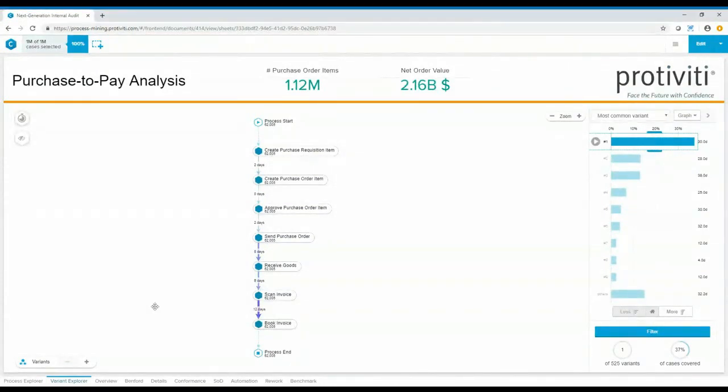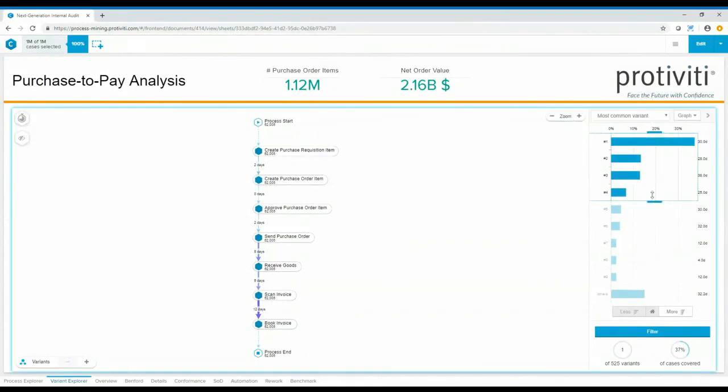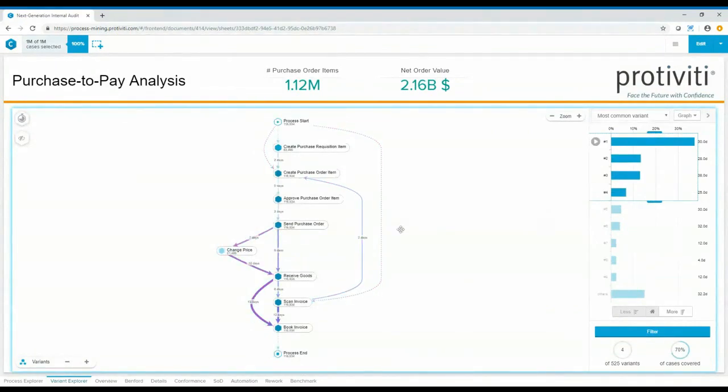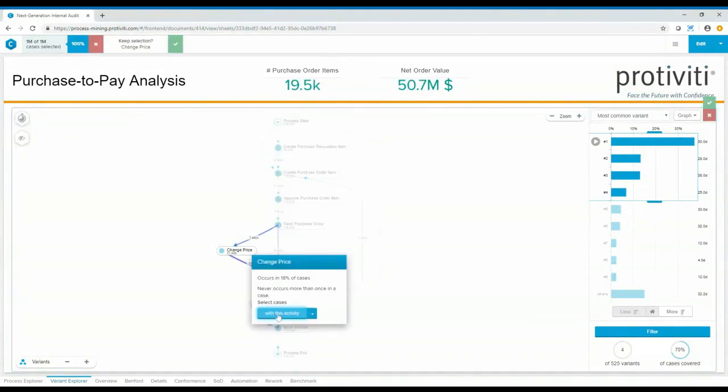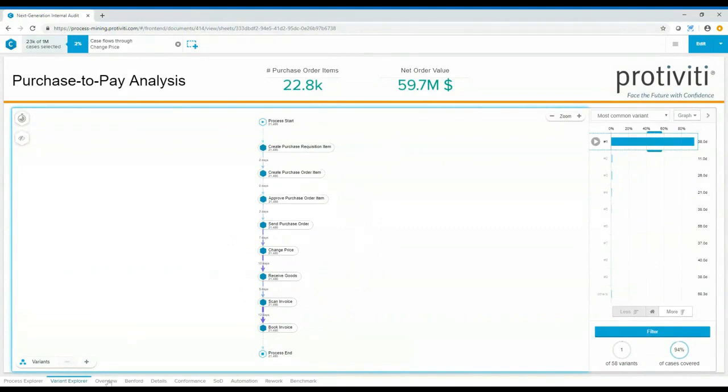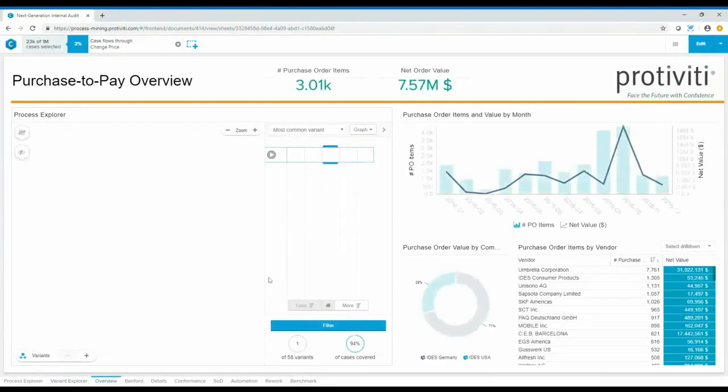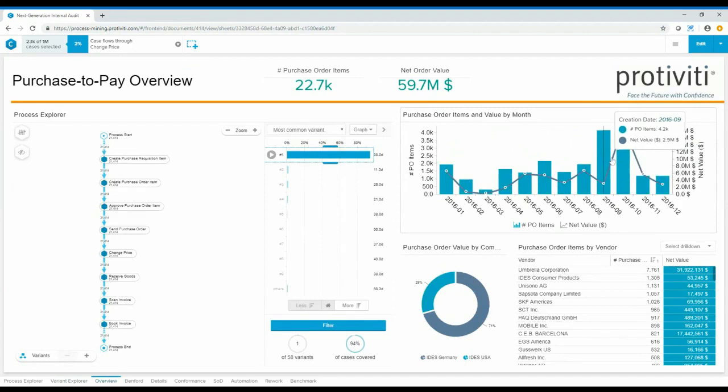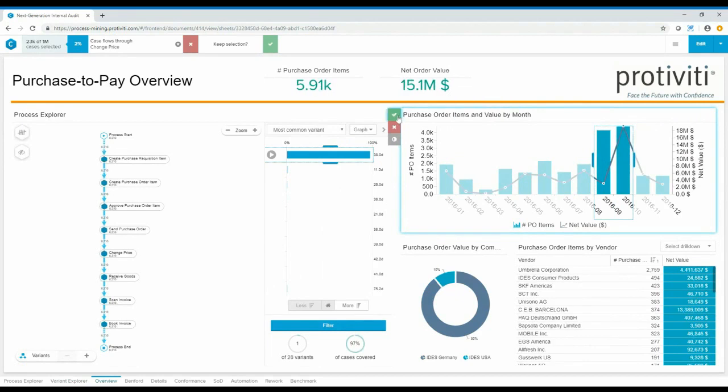So Christoph spent some time on the Variant Explorer and showing you how you can identify the different pathways through which transactions are processed, how you can go and identify at the first level, or with some deep dive into what attributes are contributing to that undesirable behavior. So I can filter again here on price changes. I can go into my overview screen. I can see some additional information that we've already seen, and I can see that there are some spikes in activity here, so I can do a further filter on those 2 months.